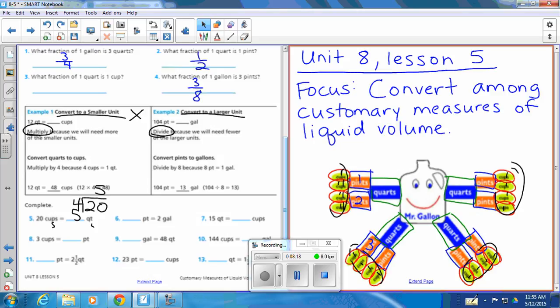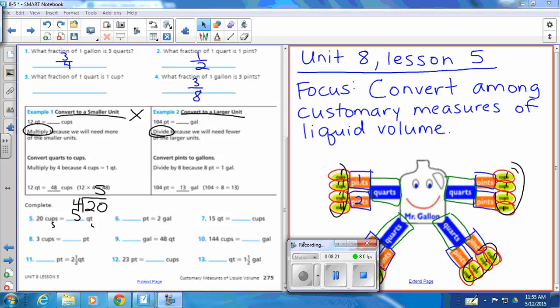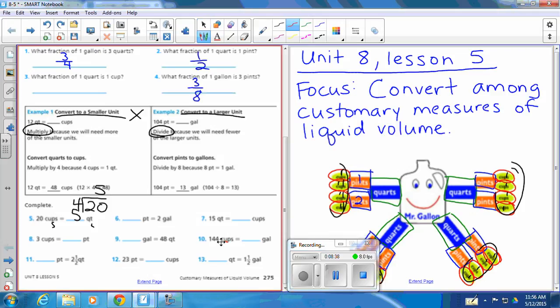Okay, let's try number 10. Move this out of the way so we can see it. 144 cups. It's a lot of cups. 144 cups equals how many gallons? Are we going from small to large or large to small? Small to large, so we need to divide,